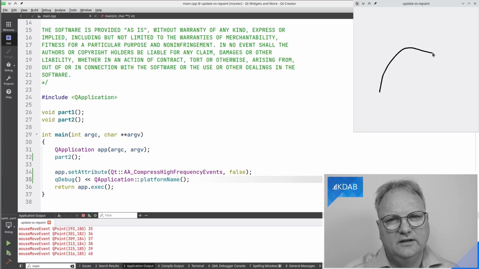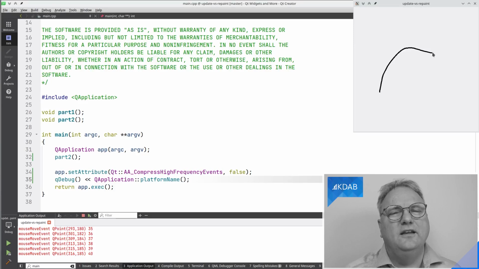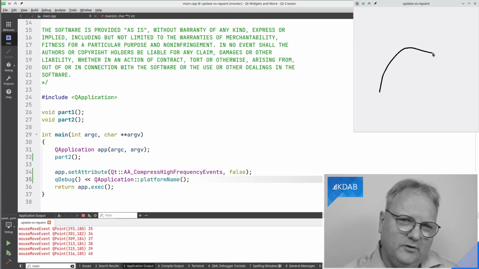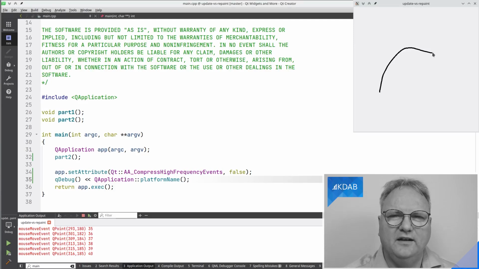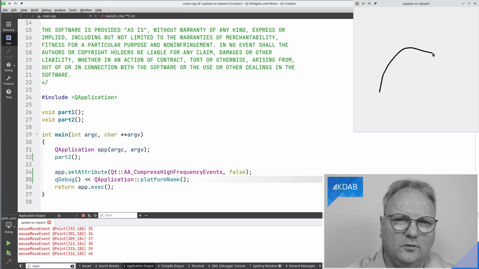Why would you want to do that? Well, again, it is a bug in your application if your paint event or your mouse move event in this situation takes so long. If you have something that is complicated and needs to be done, send it off to another thread.